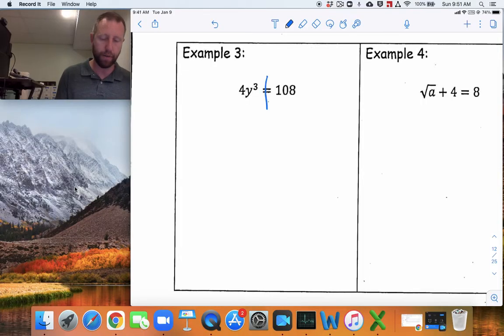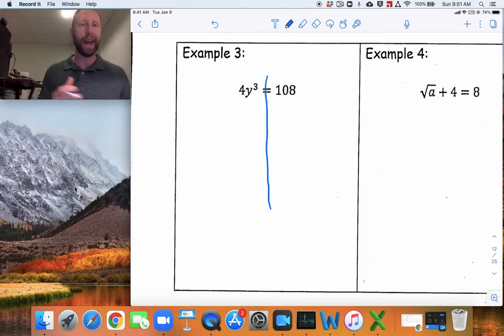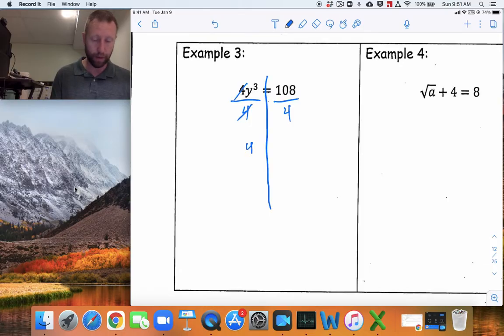For example number 3, again, it's a little two-step equation. I'll go ahead and draw my wall. The y is being multiplied by 4 and it's being cubed. We want to get rid of the multiplication first. So that multiplied by 4, I'm going to divide both sides by 4. So when I divide both sides by 4, I get y cubed equals,